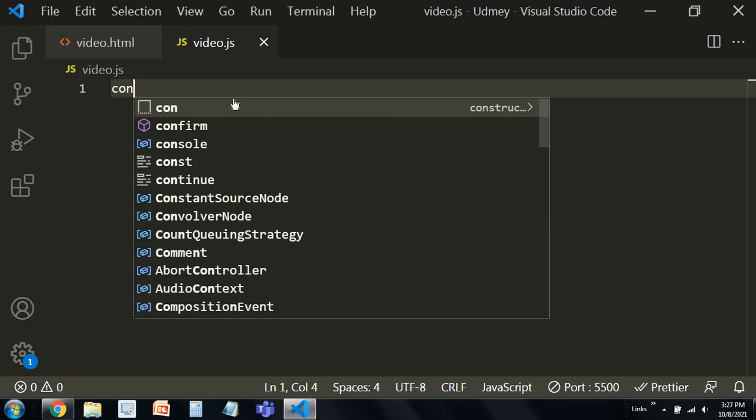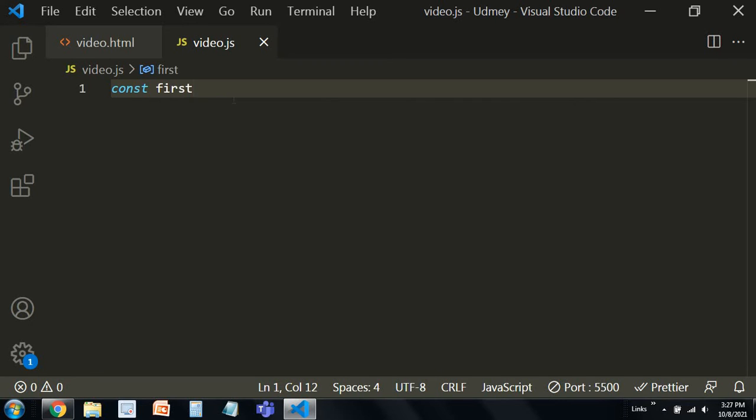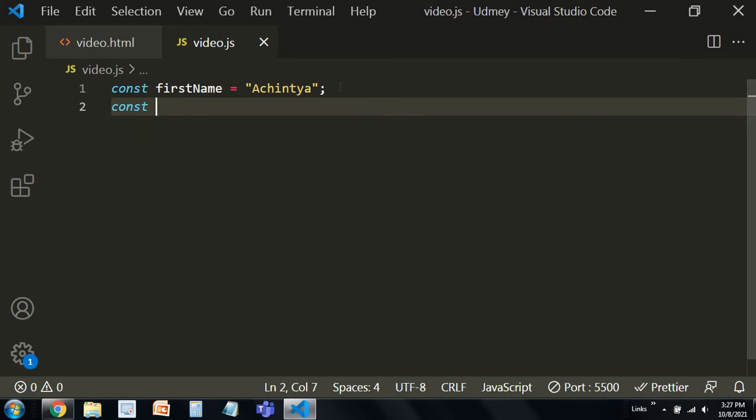So first of all I'll define a variable known as first name. I'll enter a few details about myself. You can also do the same, or do it for anything you like. I'll give my information here, so I'll give the job as developer.